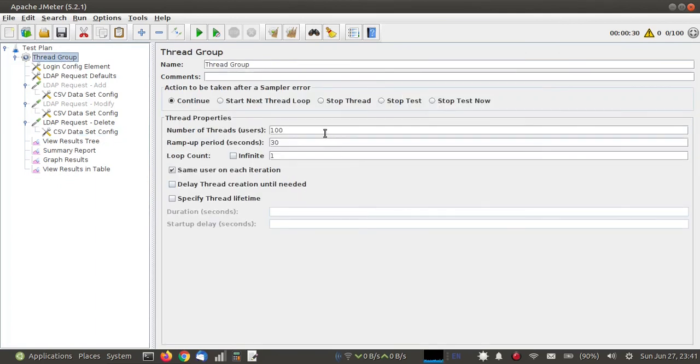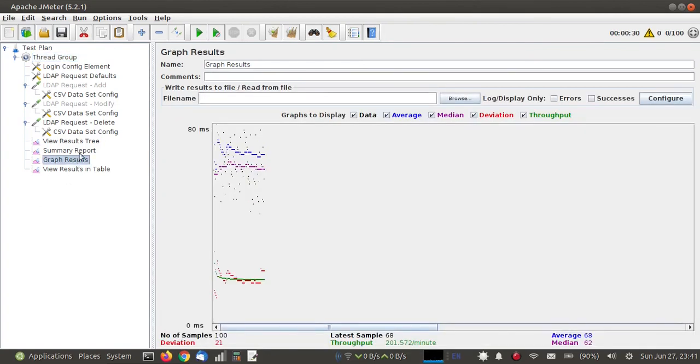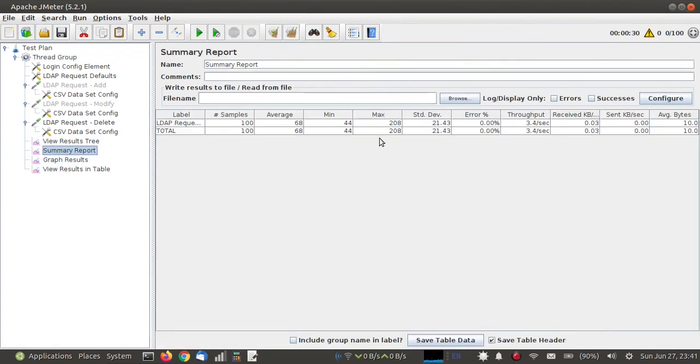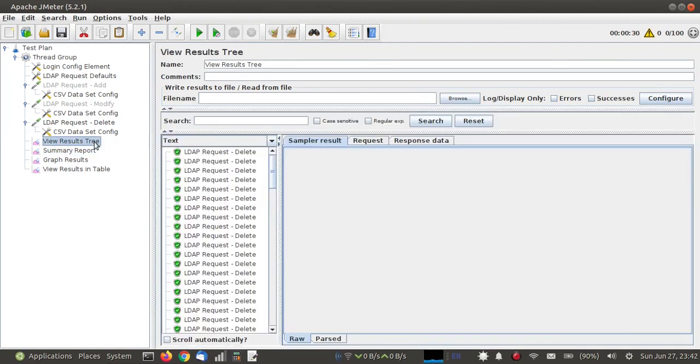Similarly, in thread group, if your CSV has 1000 or 2000 records, you can add all those records in the LDAP server using JMeter. You need to try different values in thread group properties and generate your report. This report will help you to find the load which your server can bear. You can also generate the HTML reports of your result.